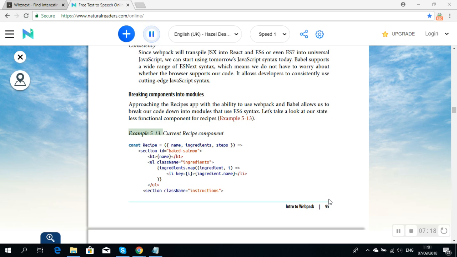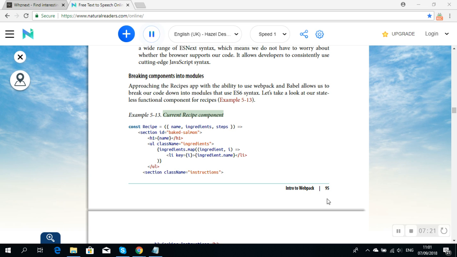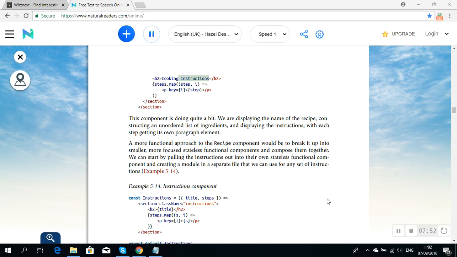Example 5-13. Current recipe component. const recipe = ({ name, ingredients, steps }) => <section id="baked-salmon"><h1>{name}</h1><ul className="ingredients">{ingredients.map((ingredient, i) => <li key={i}>{ingredient.name}</li>)}</ul><section className="instructions"><h2>Cooking Instructions</h2>{steps.map((step, i) => <p key={i}>{step}</p>)}